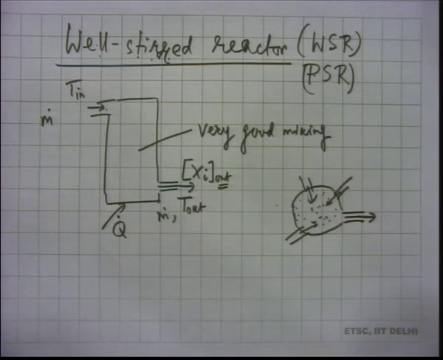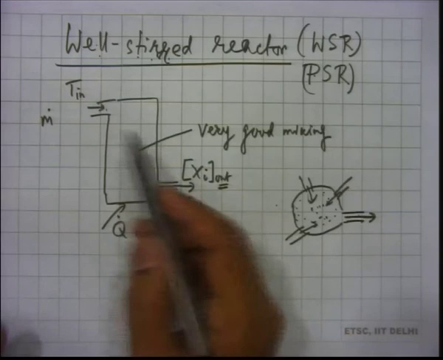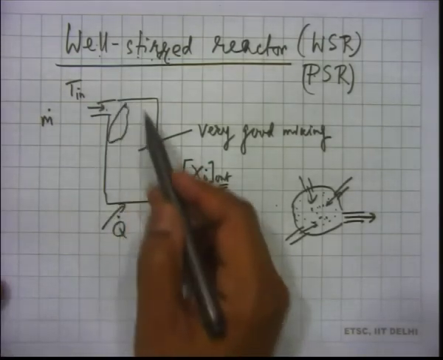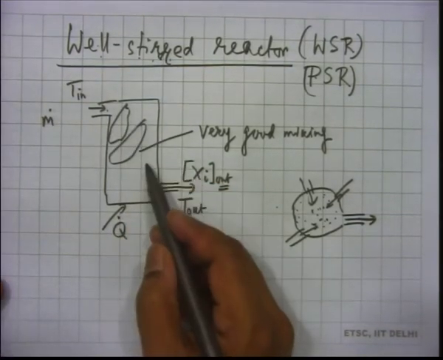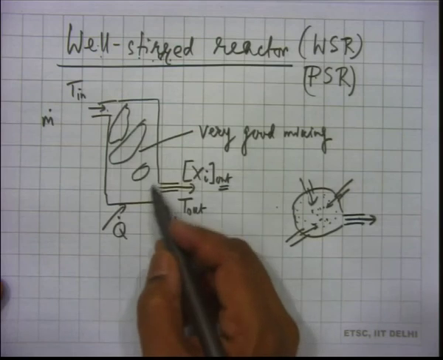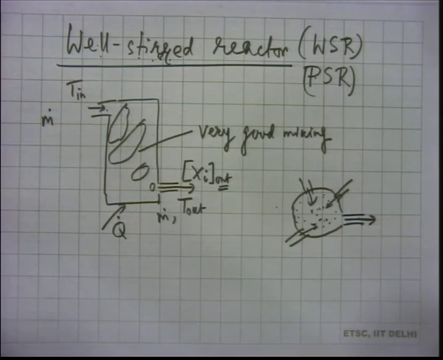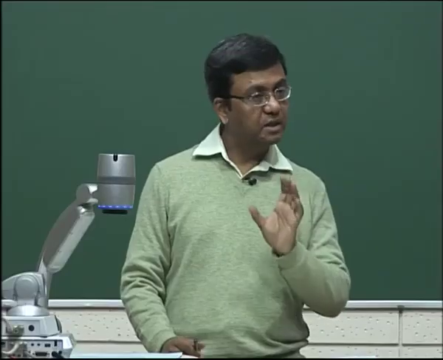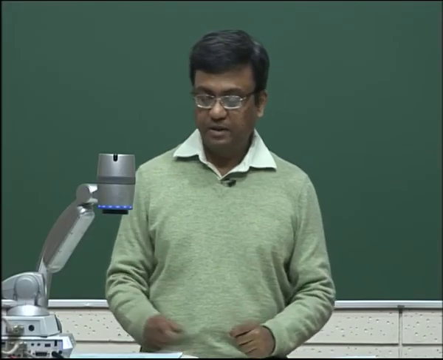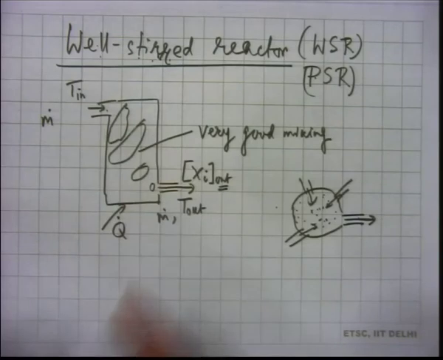Now, if you think about this, do we say that there is more reaction happening here, then still more reaction happening here, here reaction will come down and here reaction will be pretty less and things like that? It is stirred, that's why. Yeah, so if you did not stir it, if the mixing was not that good, then maybe the reaction rates at various places would have been different. But this is not the case here.